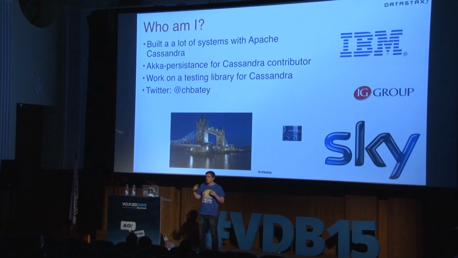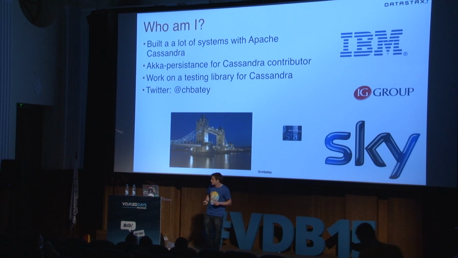And finally, one of my projects that I work on a day-to-day basis is a testing library for Cassandra. It implements the same native protocol, the on-the-wire protocol as Cassandra, and it pretends to be it, which means that your application thinks it's connected to a 20-node database cluster across two data centers, when really it's connected to one fake thing. And that is actually built with Akka, so that's why I love talking about these topics.